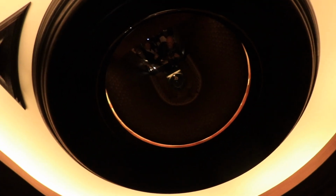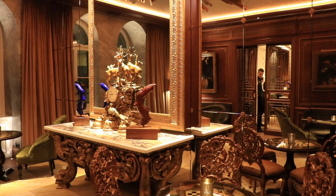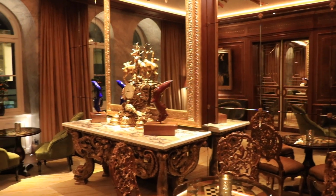Also, you see the walls in this niche. It's actually made of embossed leather, gilded embossed leather, and then again, if you look up into the ceiling. And then when you have your group of friends, then they really have their own little world. And then here we really wanted to. This is the idea, of course, of the